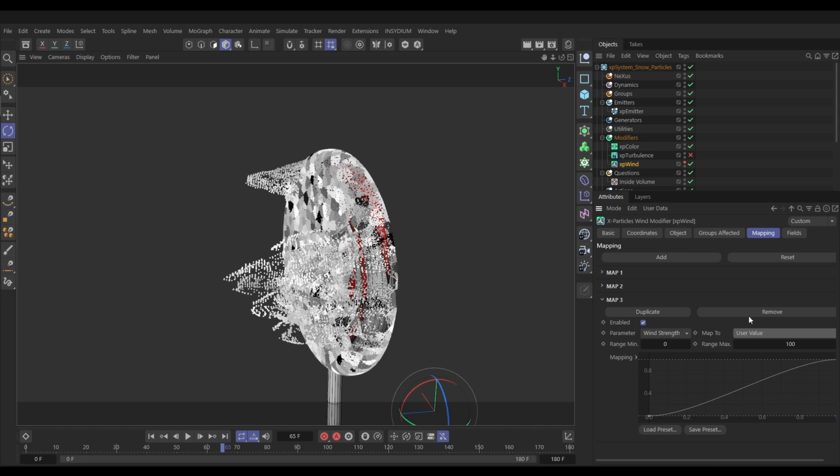So if we click on that, at the moment it's saying user value. Any particle that has a user value of 0 doesn't have any wind strength, and 100 has full. So this is going to be too much variation. We just want a very little bit of variation in here to break up this stepping. So just move this minimum up, and now particles with the lower end of that user value number will have slightly less wind strength than particles with the higher end of that